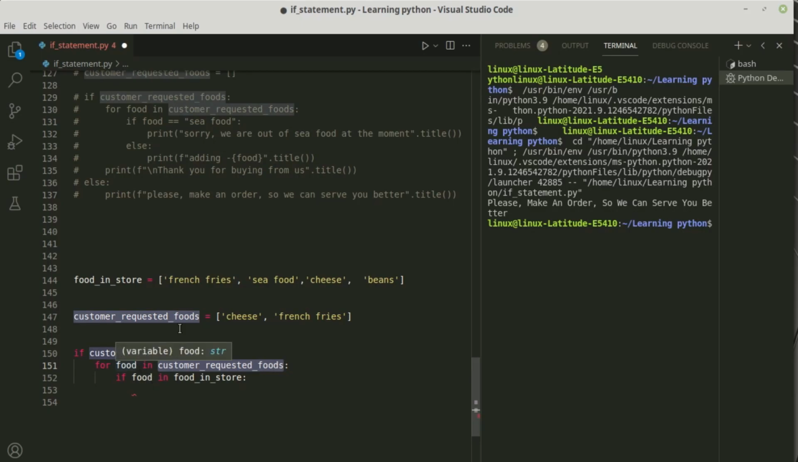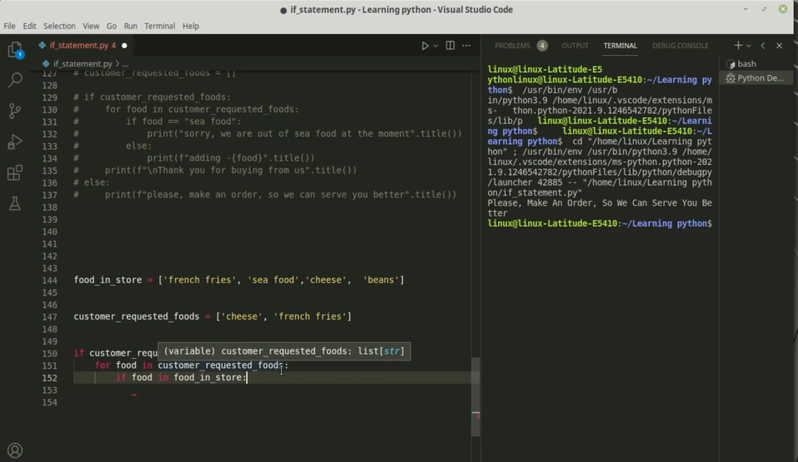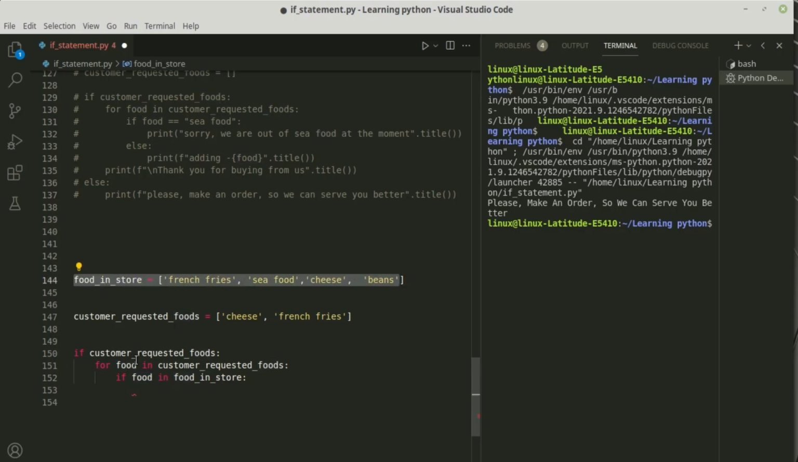So cheese is now stored in food, french fries is stored in food, and we carry this food to do a comparison, to run a quick test. As you are looping inside the customer requested foods list and checking the food one by one, if the food that the customer is requesting is inside what we have in our store, that's what we are saying here, if food in store, that is only when we will go ahead and do something. So if food in food in store, go ahead and print